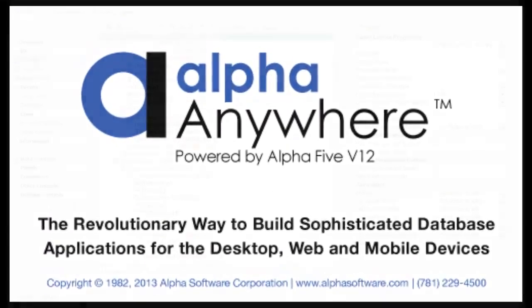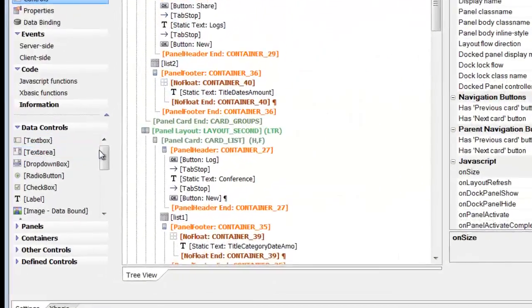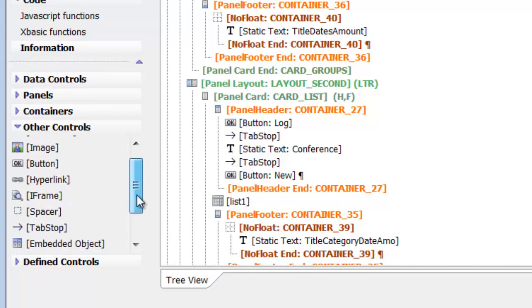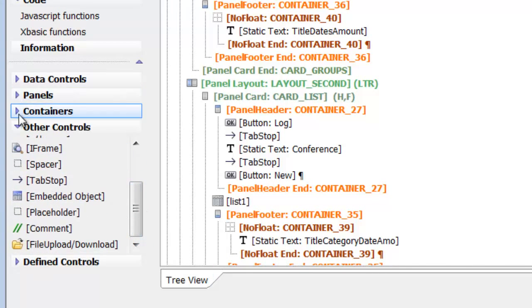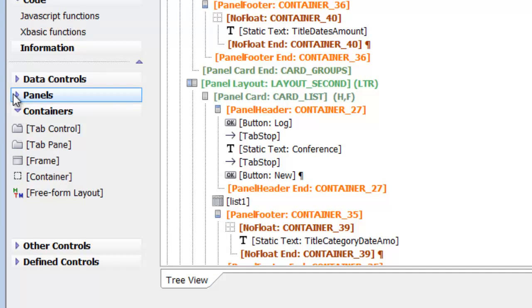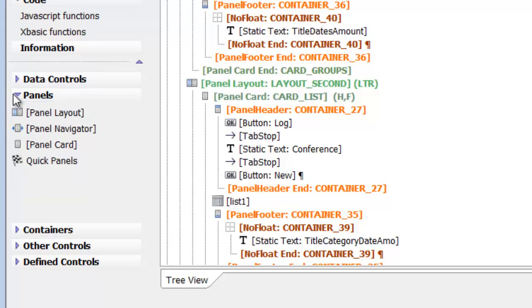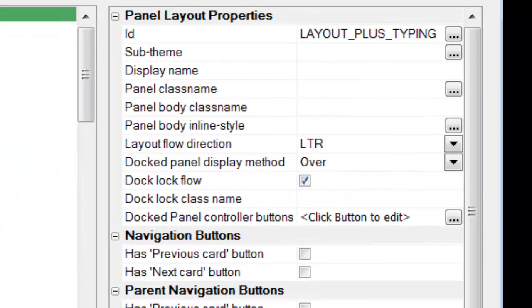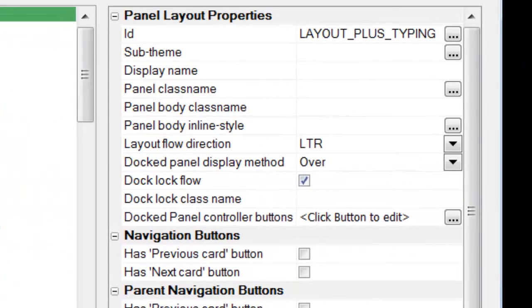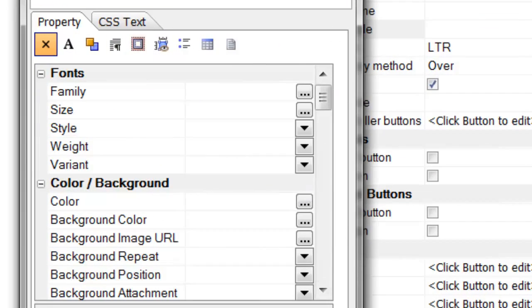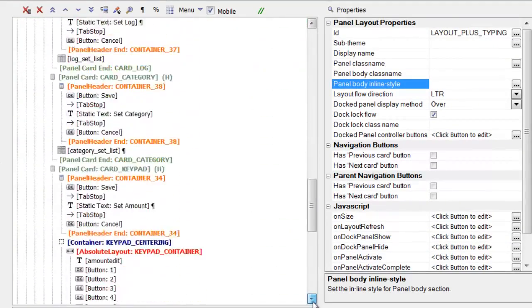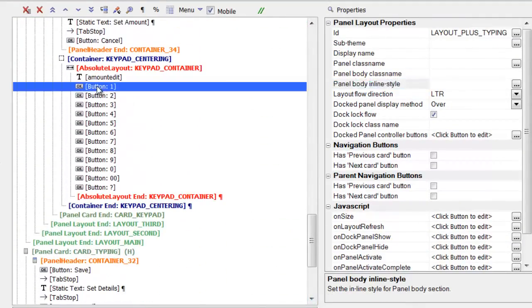Alpha Anywhere lets you rapidly build the user interface out of a wide variety of controls, such as buttons, lists, and maps. It gives you different types of containers to organize these controls. While building, you manipulate these containers and the controls within them in a tree and set their attributes with property sheets, something comfortable for most developers. At any point, you can include custom JavaScript and CSS, but we try to minimize the need to do that